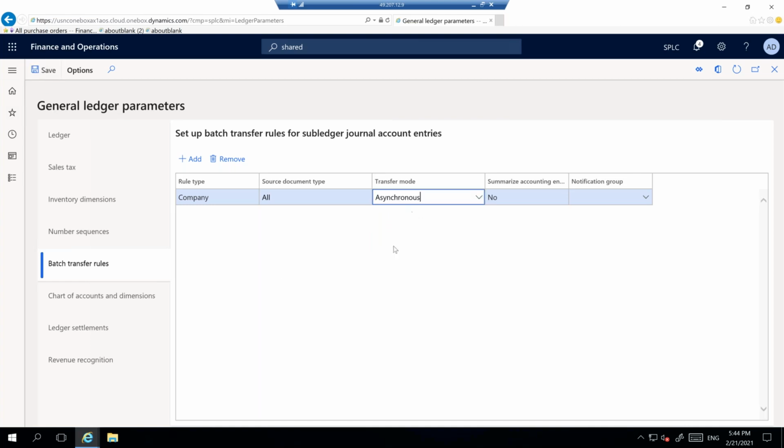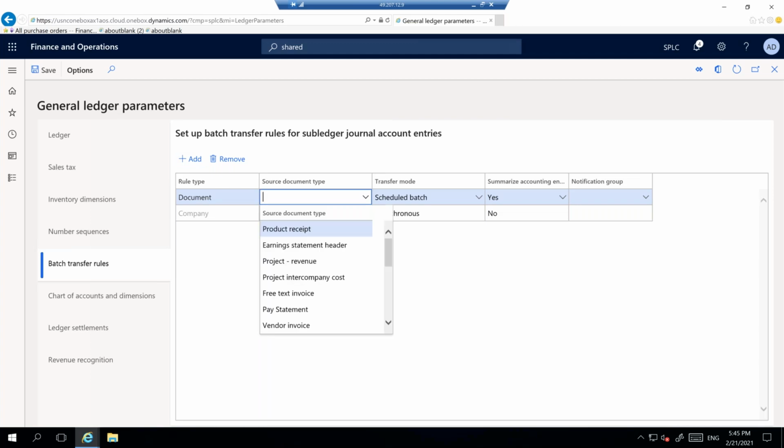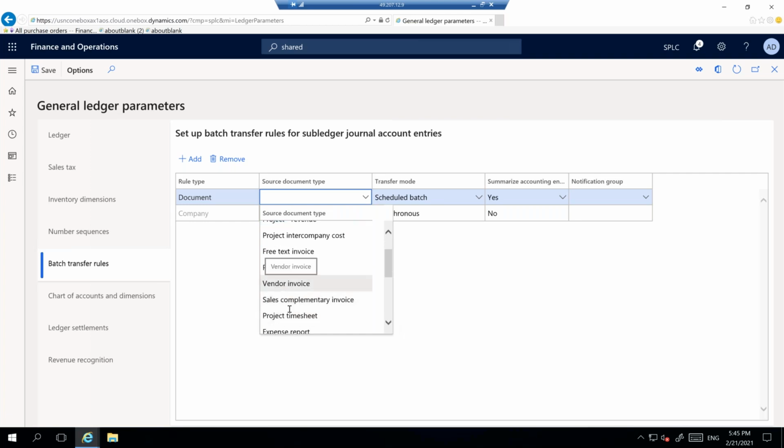Yeah, anyone has any doubt here? Yeah, Satya, is this applicable for regular transactions also or only for transfer rules? This is applicable for purchase order and free text invoices. And not only that one, the document types are available here. Of course, for sales invoice it is not applicable, but product receipt, project revenue, project inventory cost, free text invoice, pay statement, vendor invoice. It is not sales invoice, it is sales complementary invoice, not sales invoice. All these types of documents,